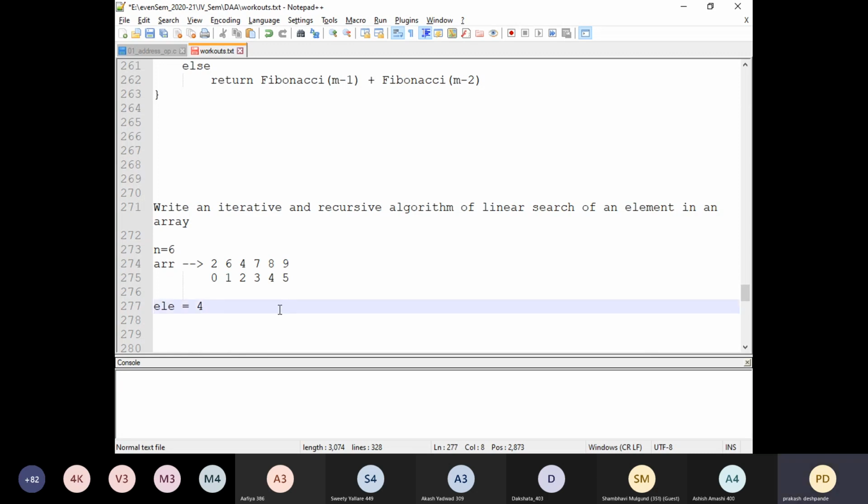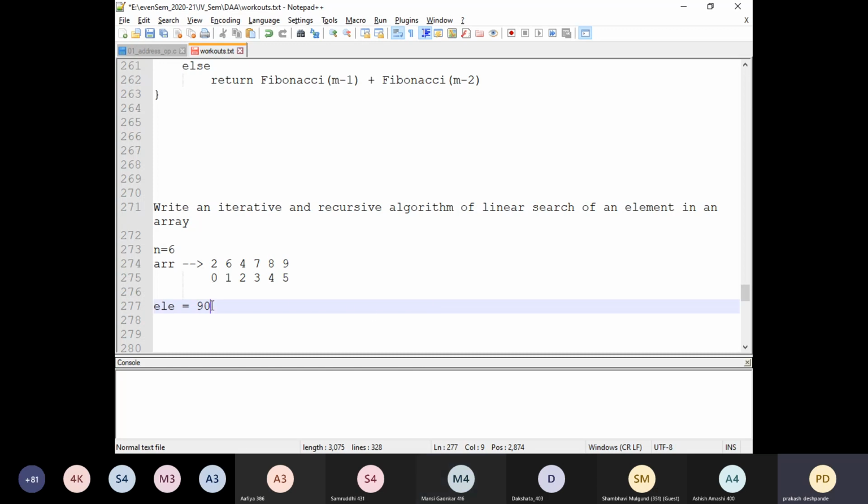Suppose the element we are going to search is 9, then what will be the result? Search is successful and found at position 5. What about element 90? Unsuccessful search. Very good.